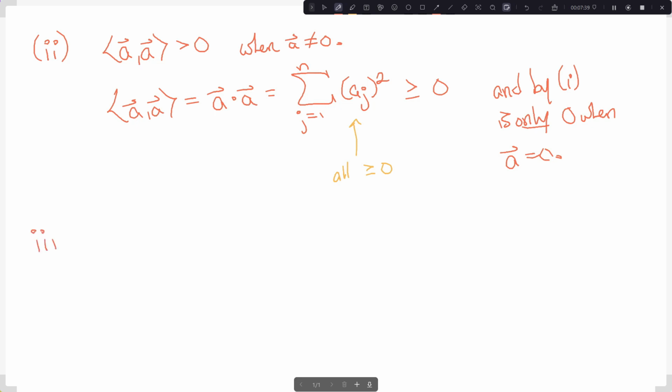And so that's me showing that 2 is true. Finally, when it comes to 3, this is symmetry. I want to show that A inner product B is B inner product A conjugate, right? Except we're dealing with real numbers here. When it's real numbers, I don't need a conjugate. And this is easy enough to prove because by the definition of the dot product, if I'm using the dot product here,